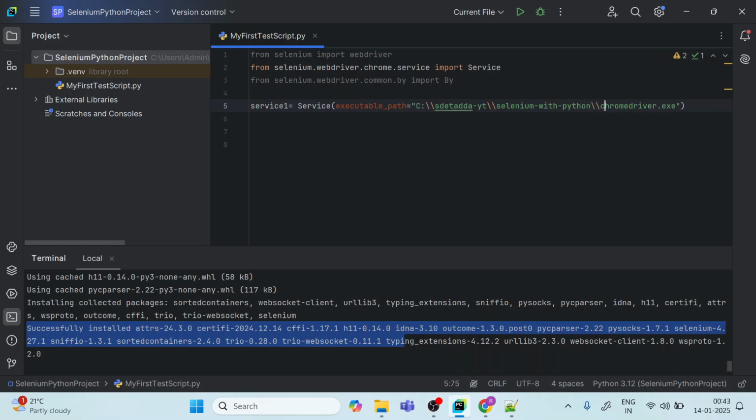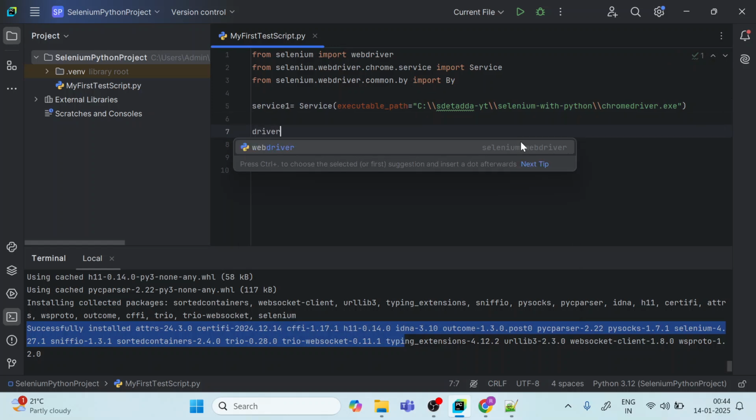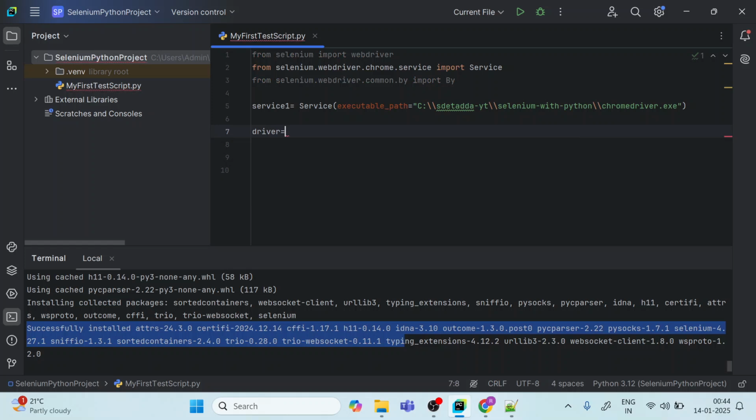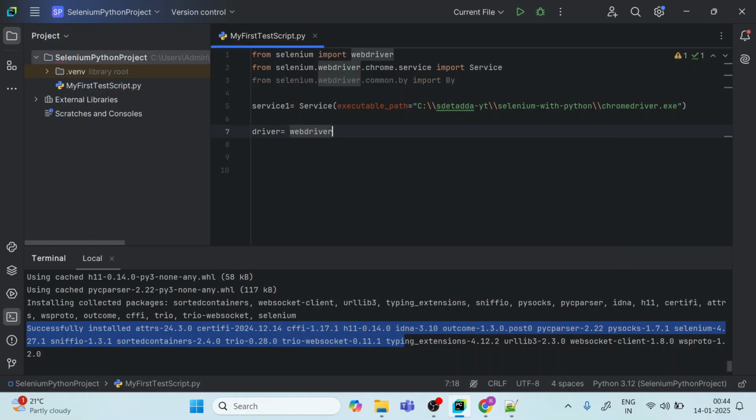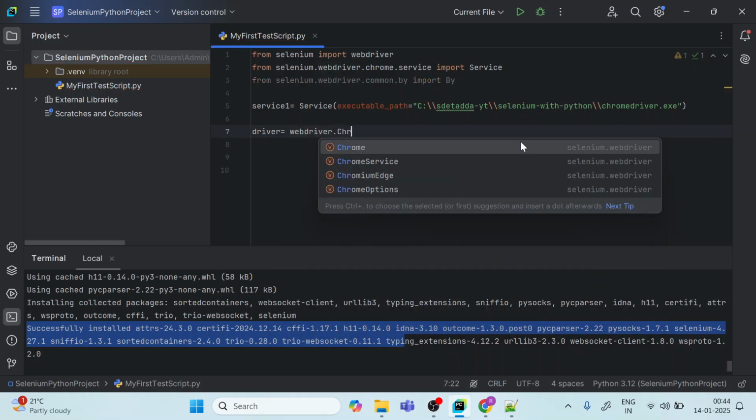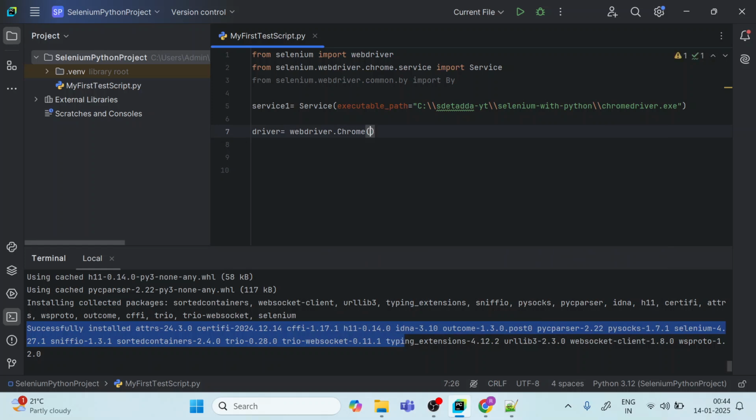I'll just keep it aside. I mean, that is absolutely fine. So now what next? You have to create the driver object for the Chrome. So we are going to create the Chrome object for the Chrome driver, Chrome browser basically. So how will we create it? Through WebDriver dot Chrome with a capital C, and we will pass